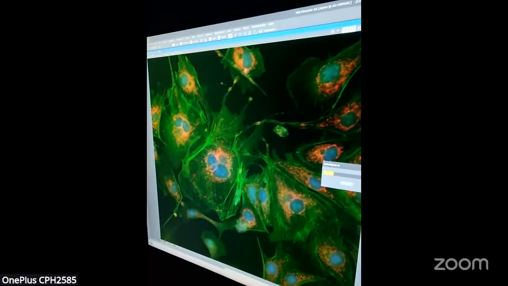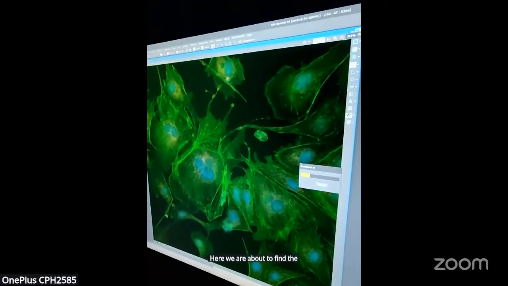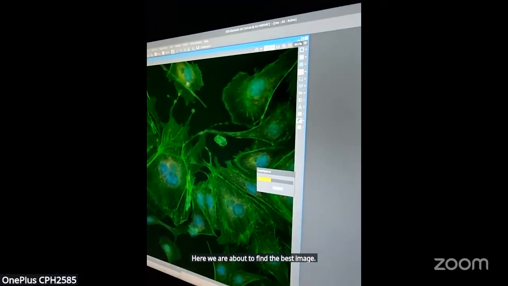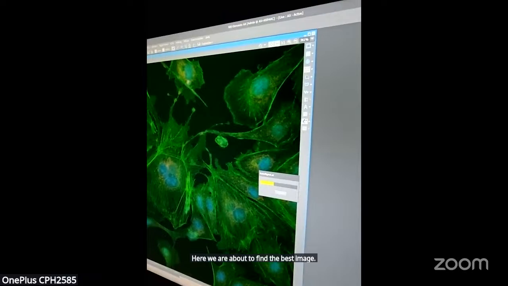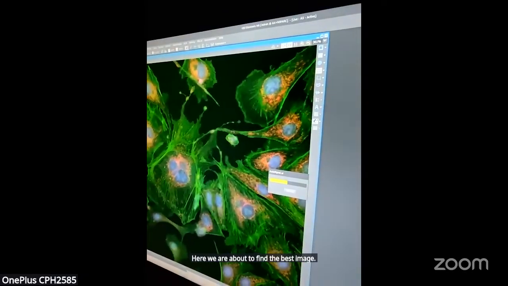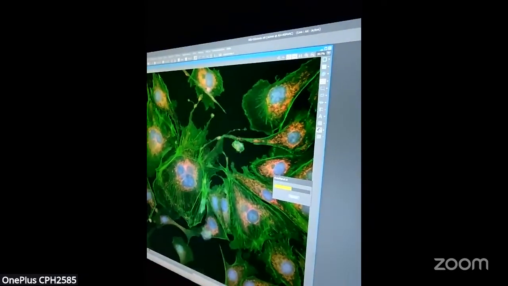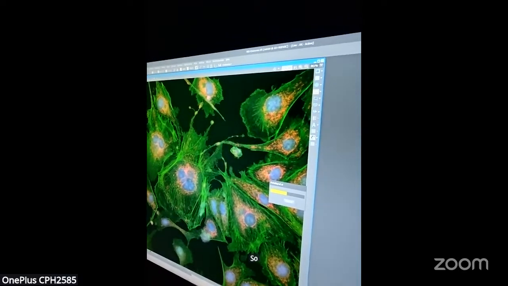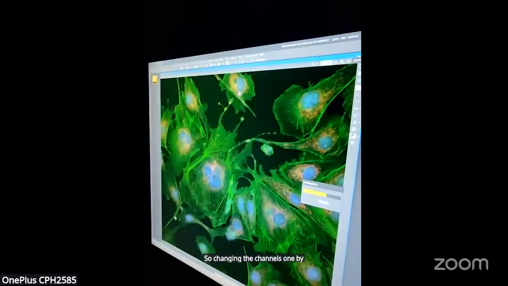Here we are about to find the best image. So it's changing the channels one by one and their intensity.